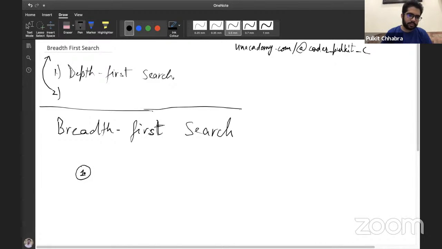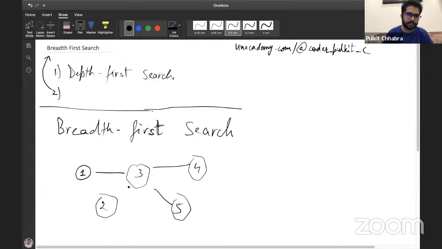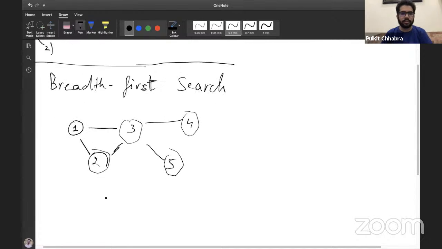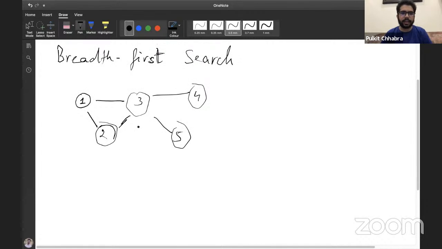Let's say we have this small graph with 5 nodes, 1, 2, 3, 4, 5. Let's say there's an edge between 1 and 2, 1 and 3, and 2 and 3. Let's say we start our breadth first search with 1. If we start with 1, first of all we'll visit the node 1, and then we'll visit the direct neighbors of 1, which are 2 and 3.